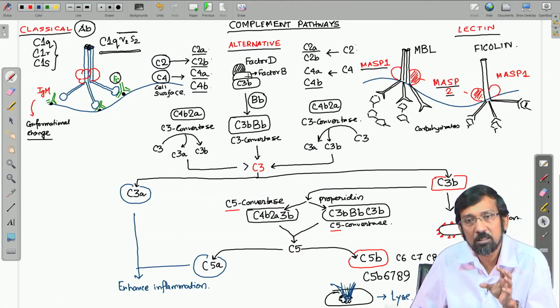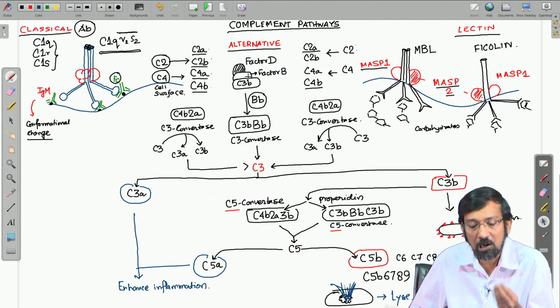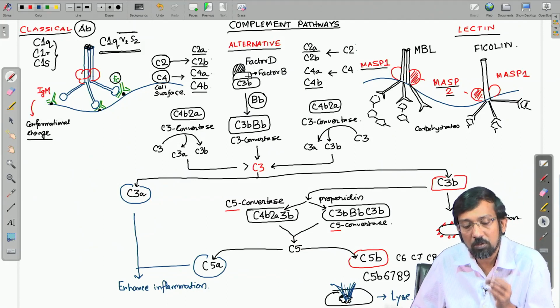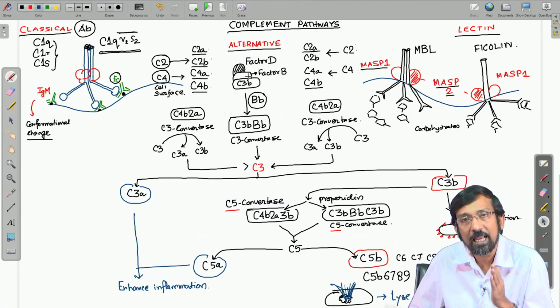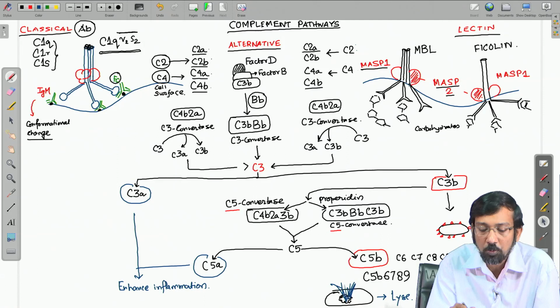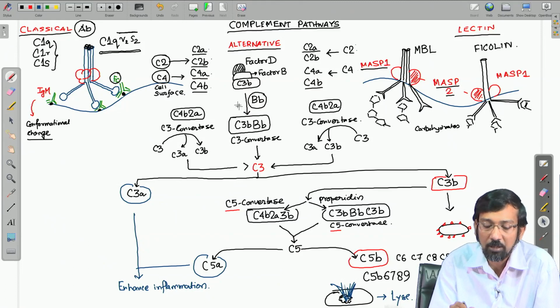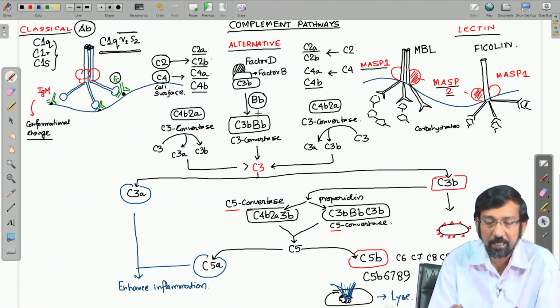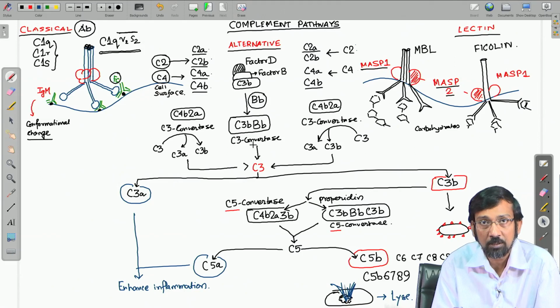The larger fragment of the cleavage of B is Bb, similar to C3b and C4b. Now, this Bb is cleaved in presence of another complement factor, which is factor D. So, if you see this portion, this C3b associates with factor B and factor D, leading to the cleavage of factor B into Bb, and now this Bb associates with the C3b and forms another C3 convertase, which is